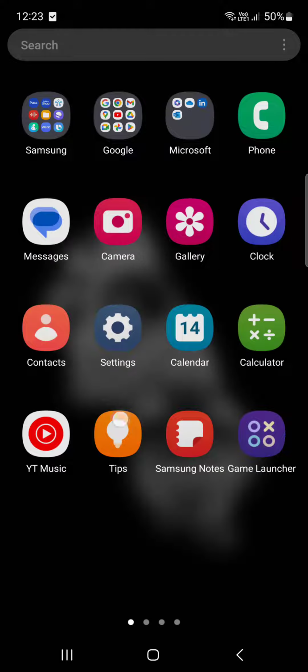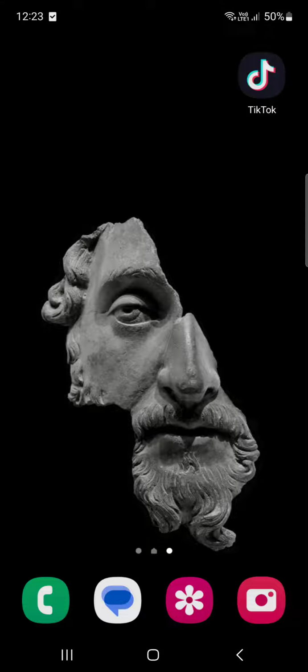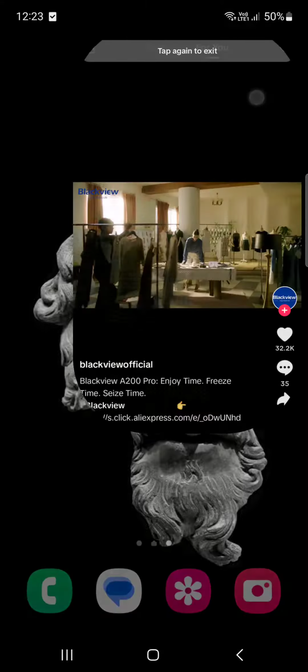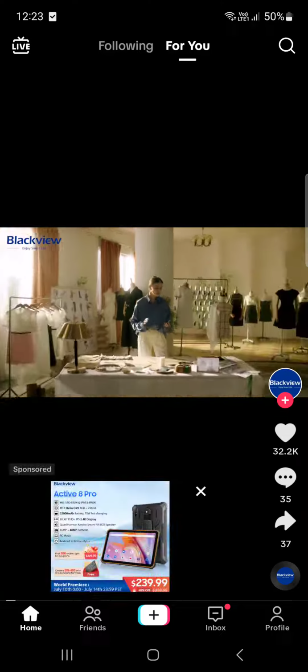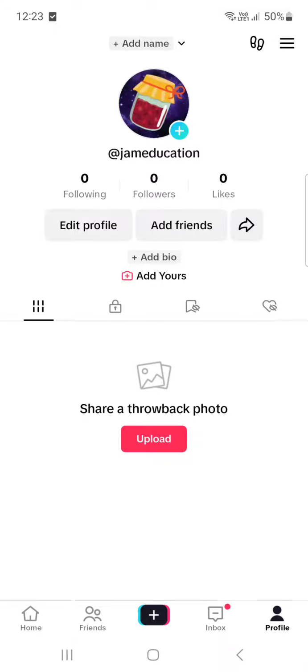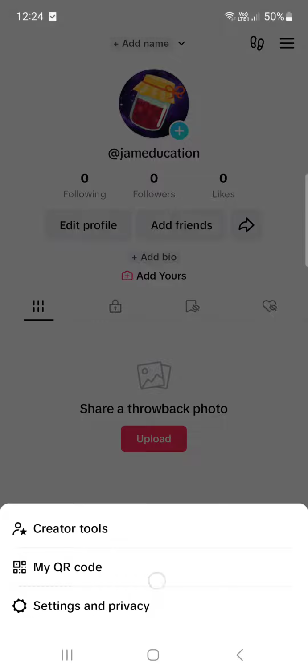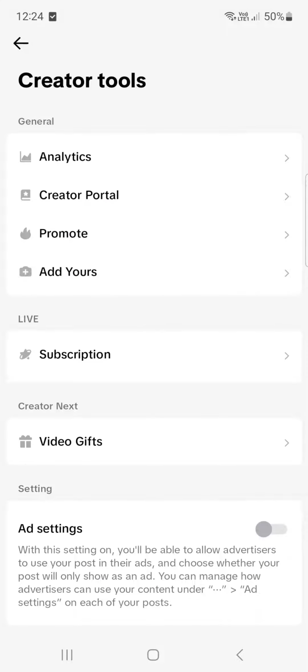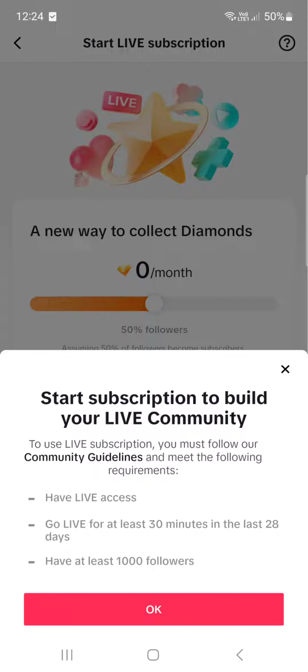So without further ado, let's just jump right into it. First we have to open up the TikTok app. Here it opens up in the home menu, but we have to go into the profile menu. In the profile menu, in the top right corner, there are three lines. We tap on those. Here in this little pop-up, we select Creator Tools. And in the Creator Tools menu, there is a subscription button. We tap on that. And here we can create a subscription